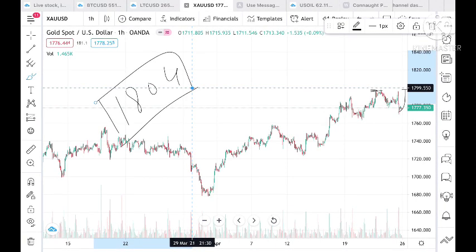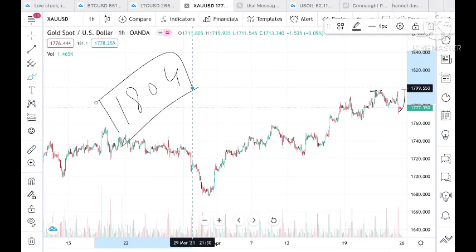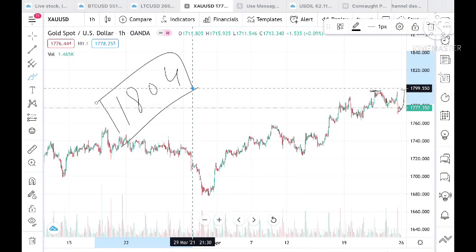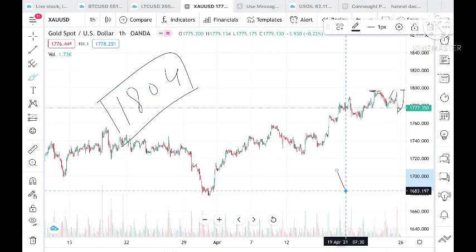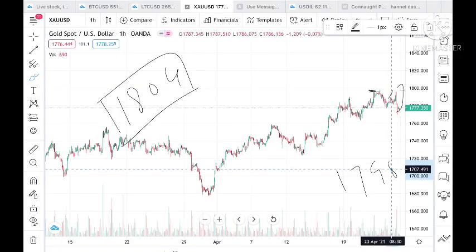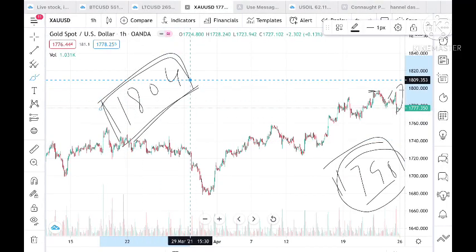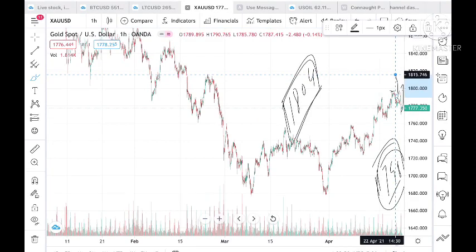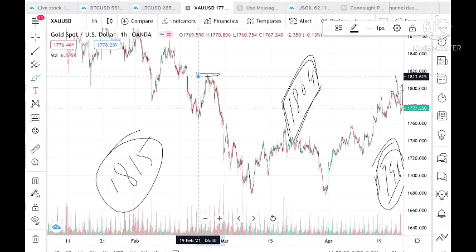Okay, and once 1804 is achieved, then we can see that there can be a further upside movement, which I have already explained in the last video. You can check the videos, as I have explained the upside and downside in detail in the previous video. So once this level of 1804 is touched, after touching a level of 1798, then we can see it can touch a level of 1815 also. See, the next resistance we can see is around 1815. Once this 1815 is touched, then we can see it can touch a level of